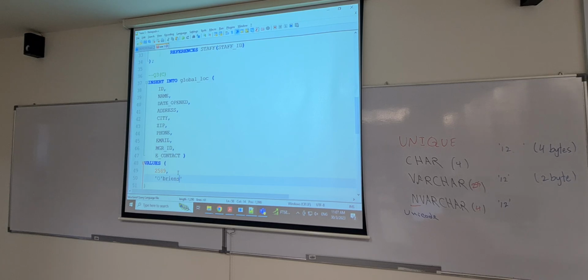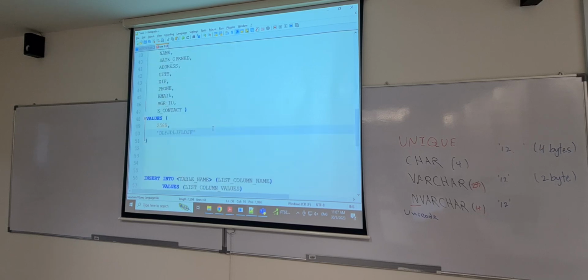O'Brien is a special case. Because if you type any string, it's going to be in gray color, indicating this is a string, right? But once I paste the O'Brien name, look what's going to happen. This one will become gray, and only Brien will become